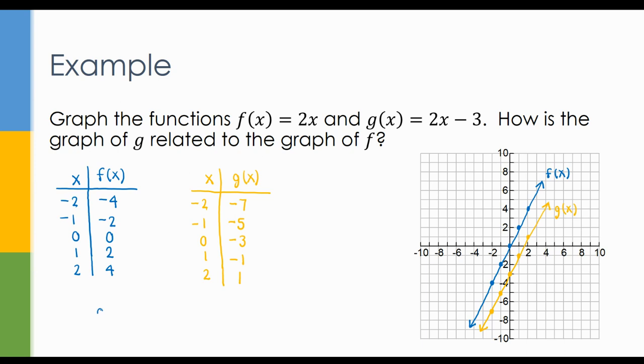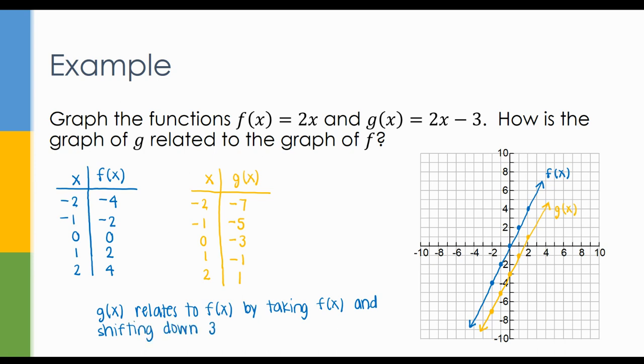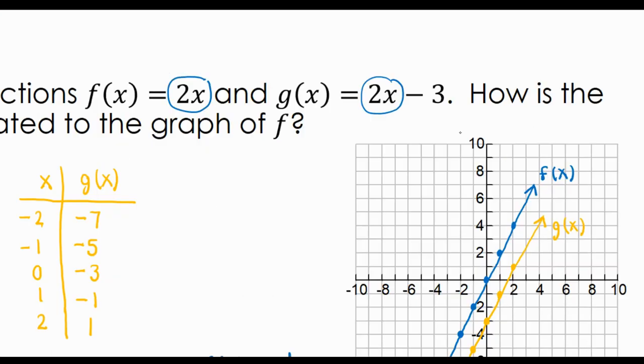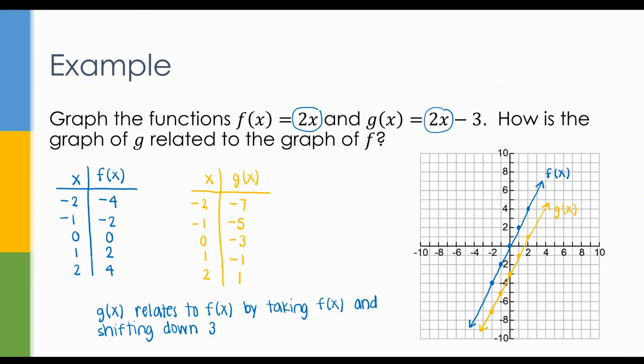So I would say that g of x relates to f of x by taking f of x and shifting down 3. Because notice that they both had 2x in their function, but the g of x,